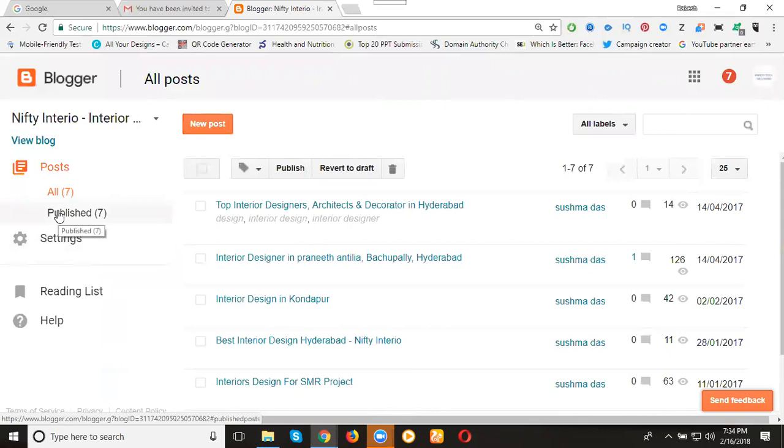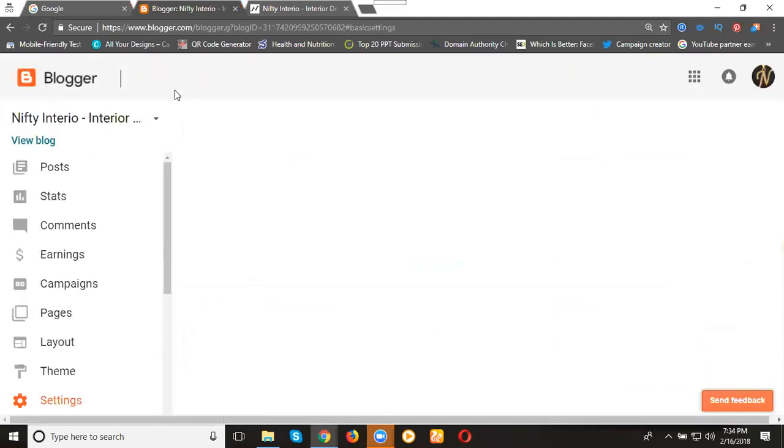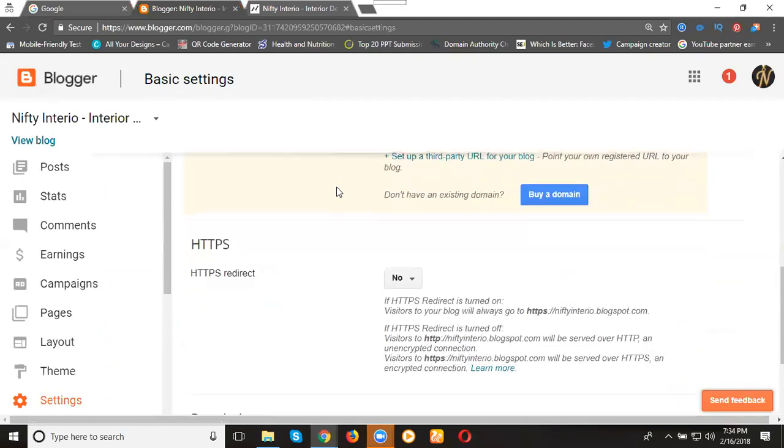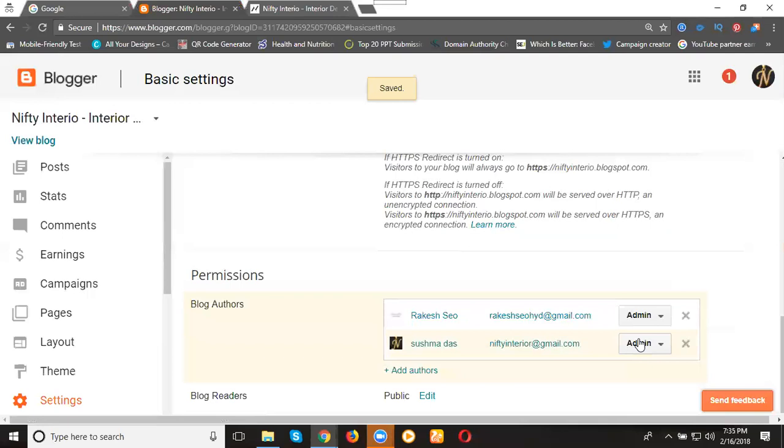So we can give full access. So go to that option. First, once refresh when giving access. For checking purpose, whether my acceptance is approved or not. Just come down. Permissions. Here is my mail ID. What is that? Author. I'm not an author. I'm the admin. Select admin. Same as both emails will be the same admins.